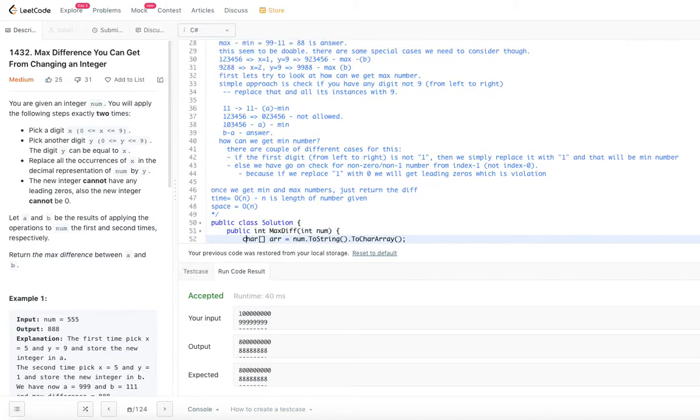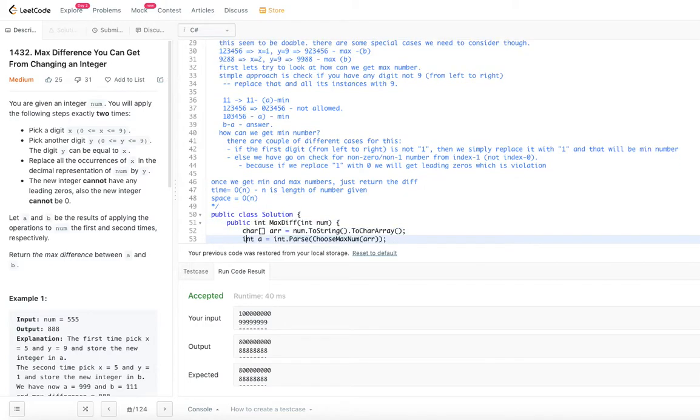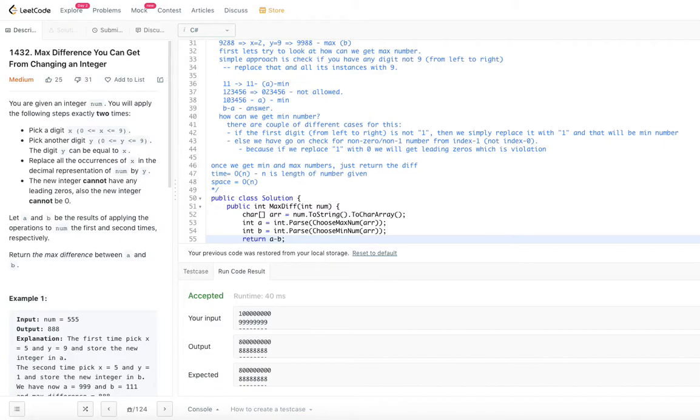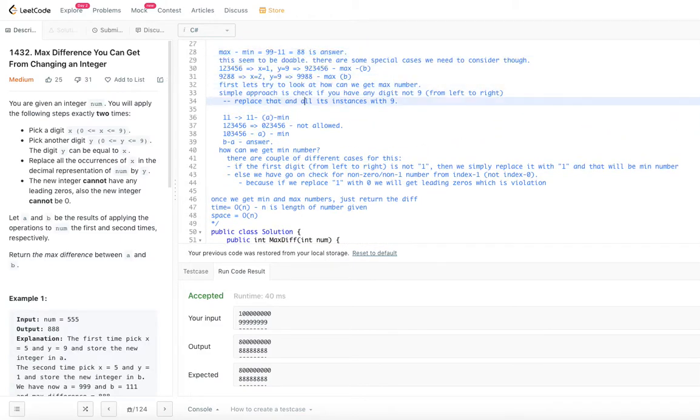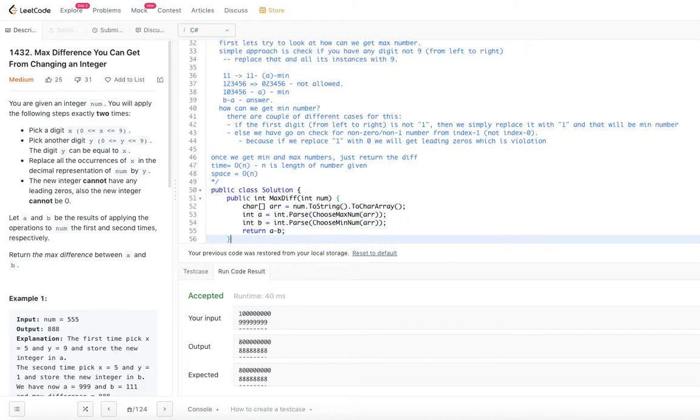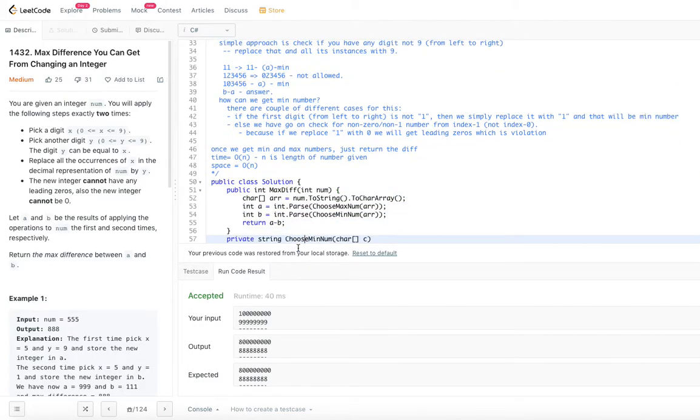So let's go ahead and look at the code for this. It just follows the same thing, whatever I have described. The code is pretty simple here. We are passed a number. I am converting the number to a character array, and I am going to use the character array to get the minimum and maximum number. I have a function written to choose the maximum number and to choose the minimum number.